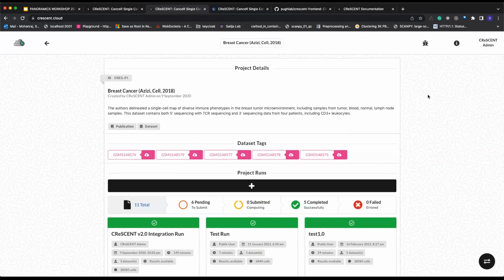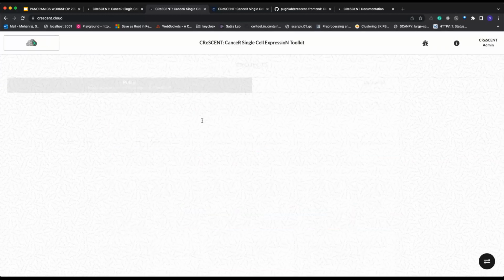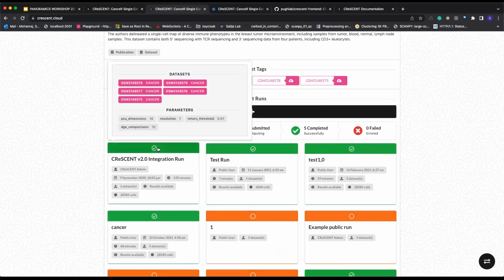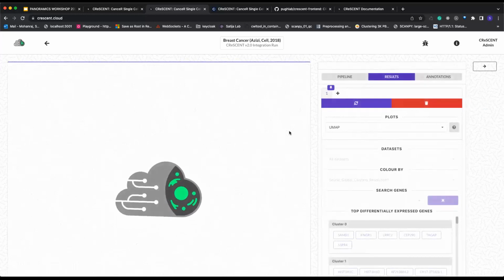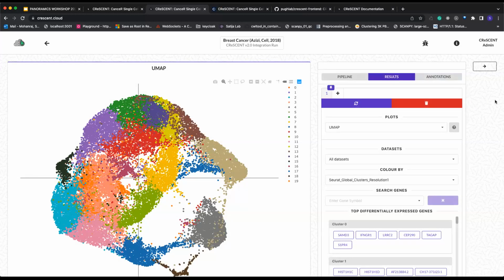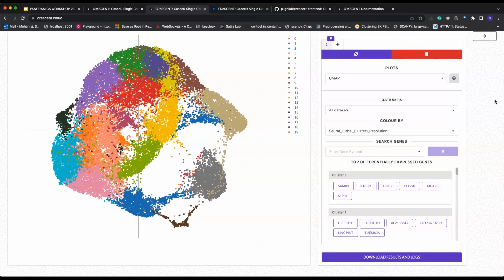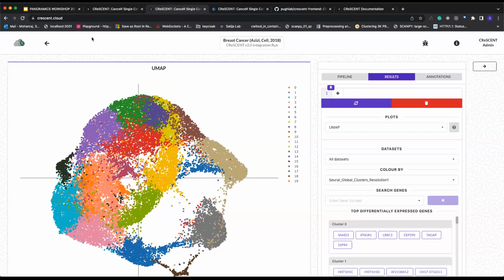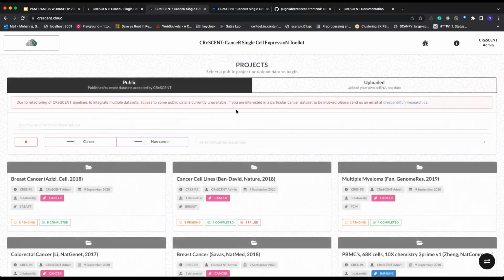But as a user, you're really just looking at projects, and then once you click into a folder, you're looking at runs. Clicking into a run, this is the 3rd and final page, which is visualizations. Visualizations is where you will get all of your results for your run. So with that said,